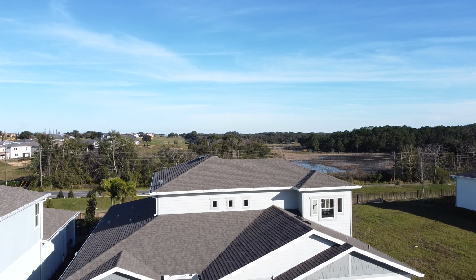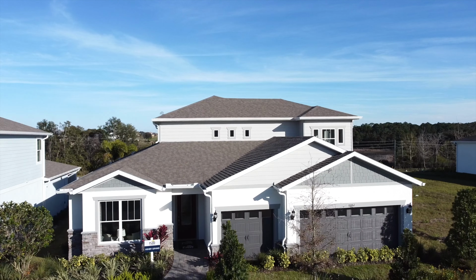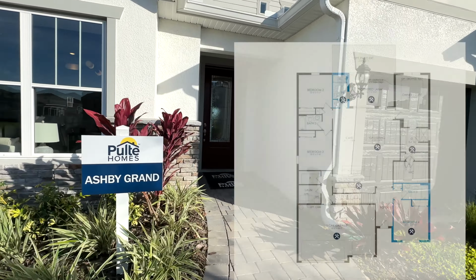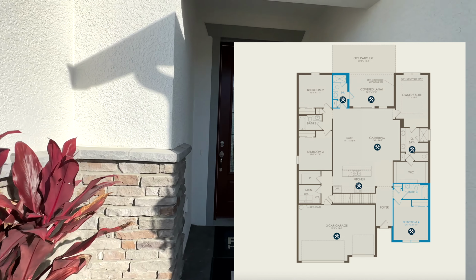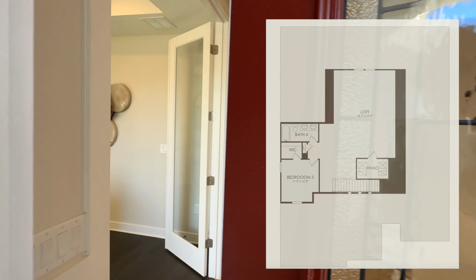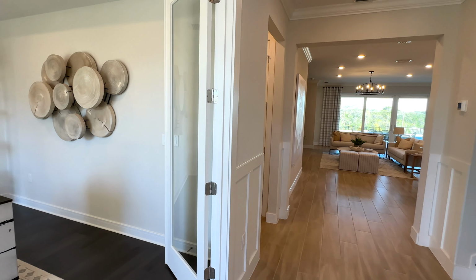5% for qualified buyers. This is the Ashby Grand floor plan. It is 3,217 square feet. It can be built with 4 or 5 bedrooms, 3.5 to 5 bathrooms, and a 3-car garage. Now, this home can be built in other neighborhoods, so if you do like it and would like more information